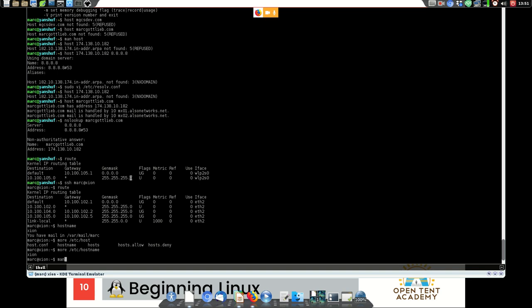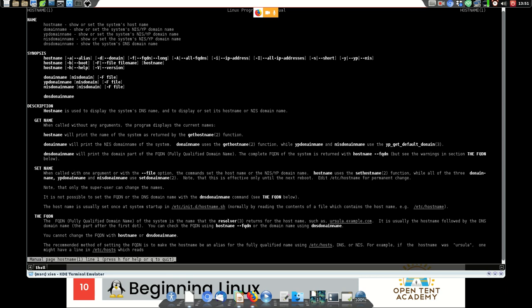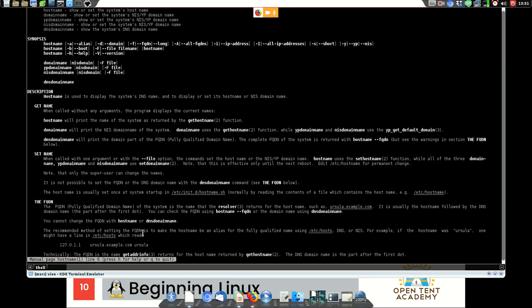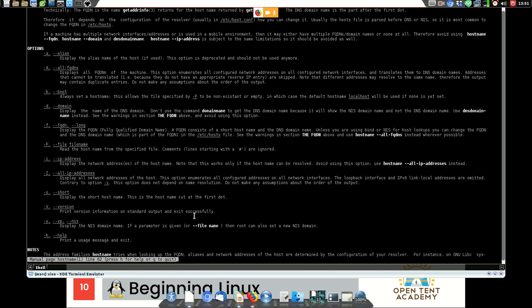Now you can actually change that information, depending on what your level of permissions is. You can actually set domain names, create aliases, do a whole bunch of other things that the hostname command will allow you to do.